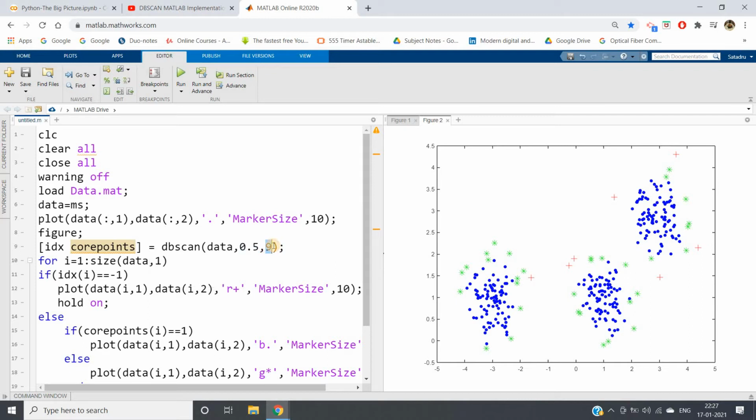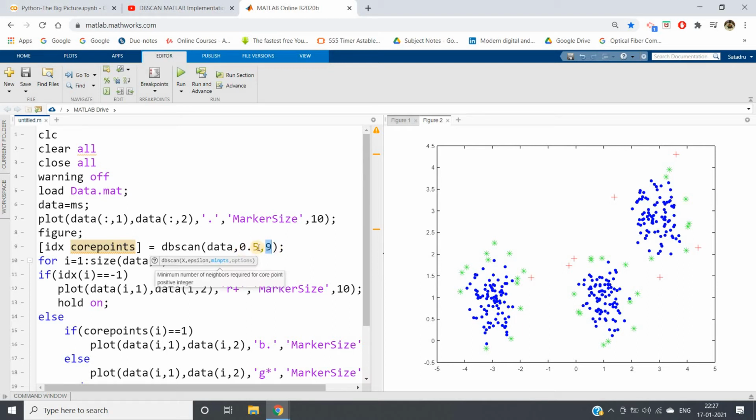Now the second parameter is the minimum number of neighbors required for a core point, and this should be a positive integer, right? We have observed what effect we get if we keep this value very high, but we have not seen what effect we get when we lower the minimum number of required points for a core point, and today in this video we are going to observe that. So I suggest you go through my previous video where I discussed in detail these three cases: increase in the value of epsilon, decrease in the value of epsilon, and increase in the value of minimum number of neighbors required for a core point.